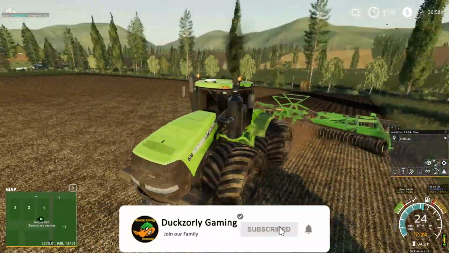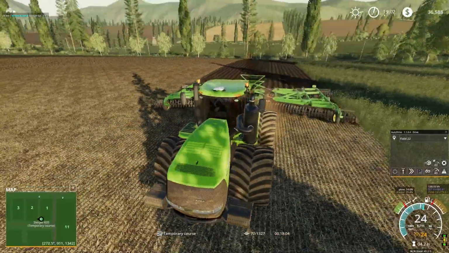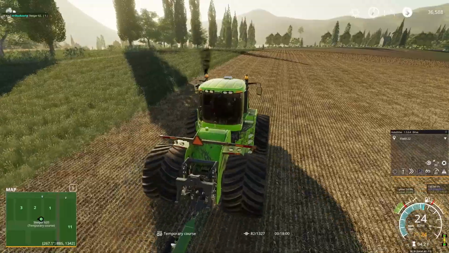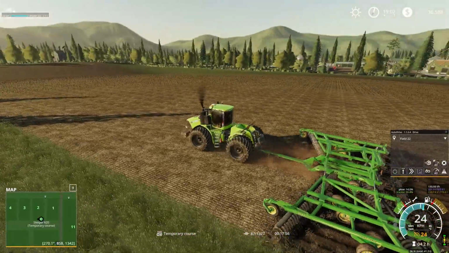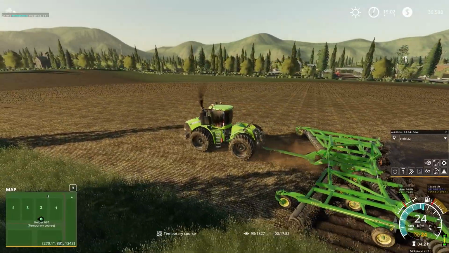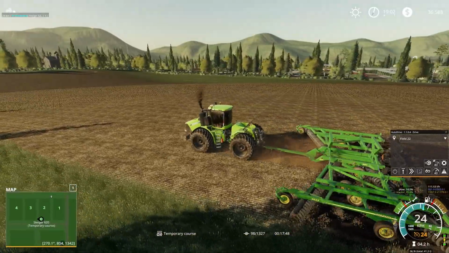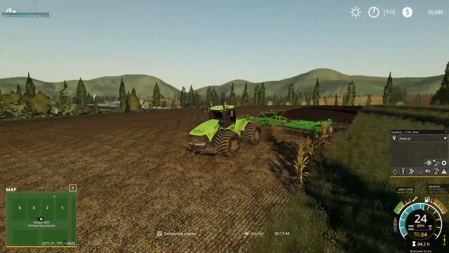Alright, we are continuing on with our Let's Play here, and we are back on field 1, our merged field of fields 1 through to 4. And we are just ploughing this in as we finished off the corn harvest off camera. Now, it's a lettermark day. It is a big lettermark day for us here today. So while we're out here and we're using the John Deere plough with the big Steiger, the big green machine,